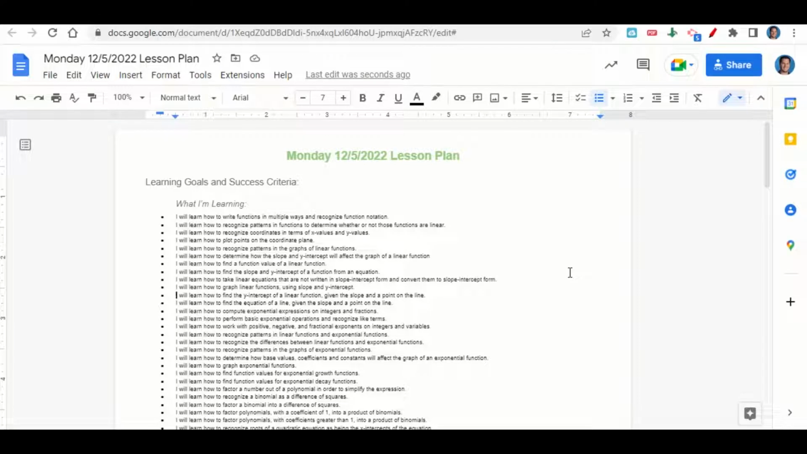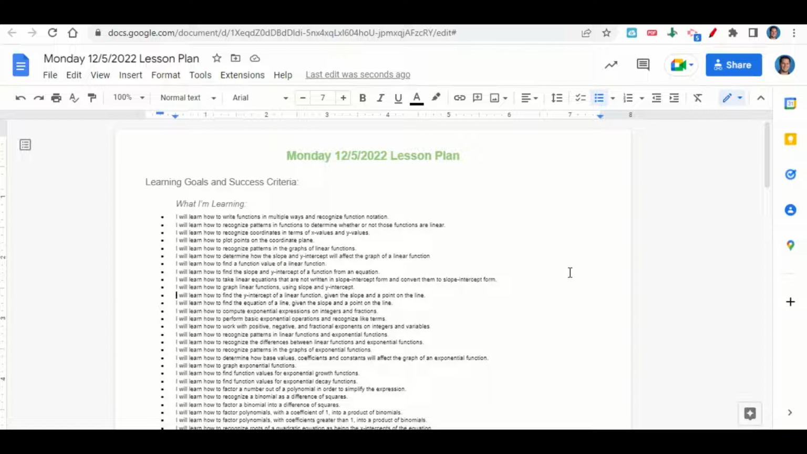or not those functions are linear, recognize coordinates in terms of x values and y values, plot points on the coordinate plane, recognize patterns in the graphs of linear functions, determine how the slope and y-intercept will affect the graph of a linear function, find a function value of a linear function, find the slope and y-intercept of a function from an equation, take linear equations that are not written in slope-intercept form and convert them to slope-intercept form, graph